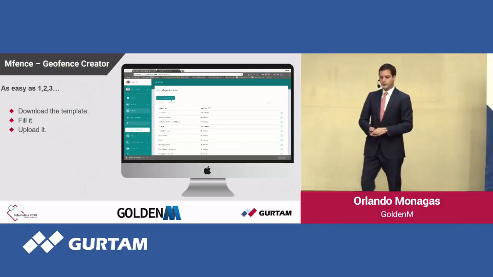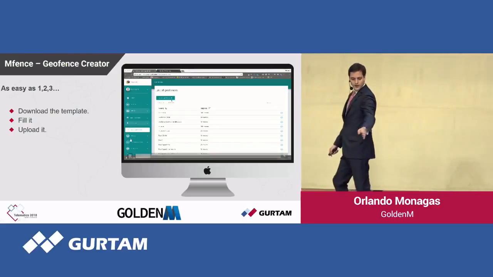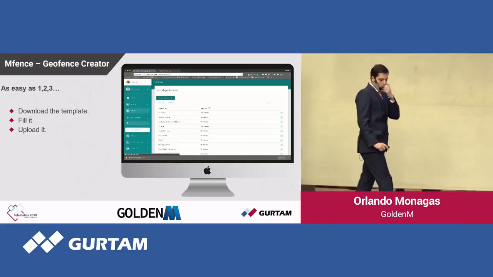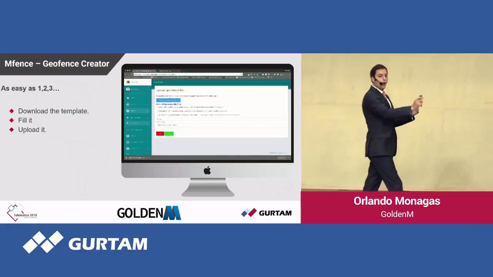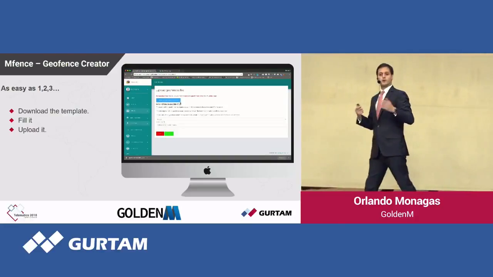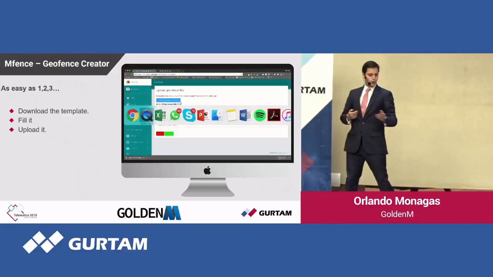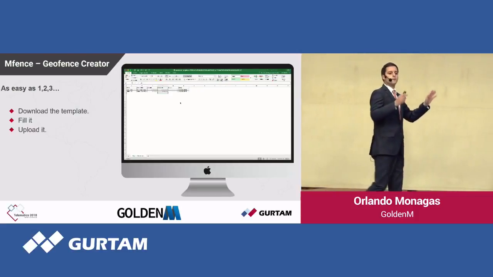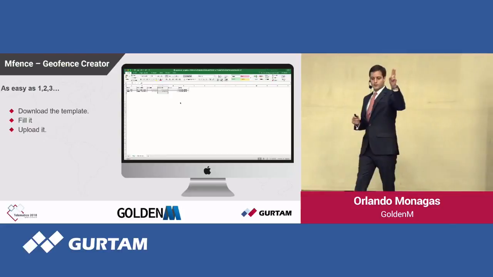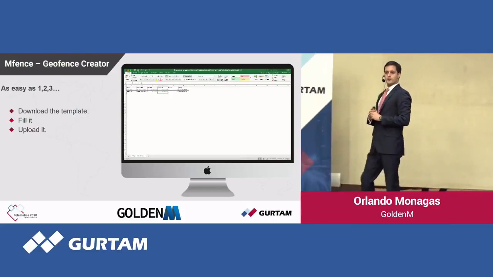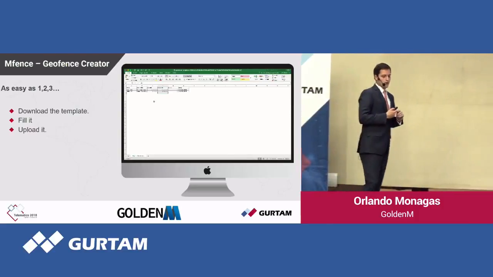So as you can see in the video, we press that button over there. It says upload Geofence file. When you click it, it opens a simple interface. You download the template we have built for you, where, of course, I already had it downloaded in my computer to make it easier. So you fill some basic information, name, description, latitude, longitude, radius, and of course, you can group these geofences. Pretty simple. You save it,